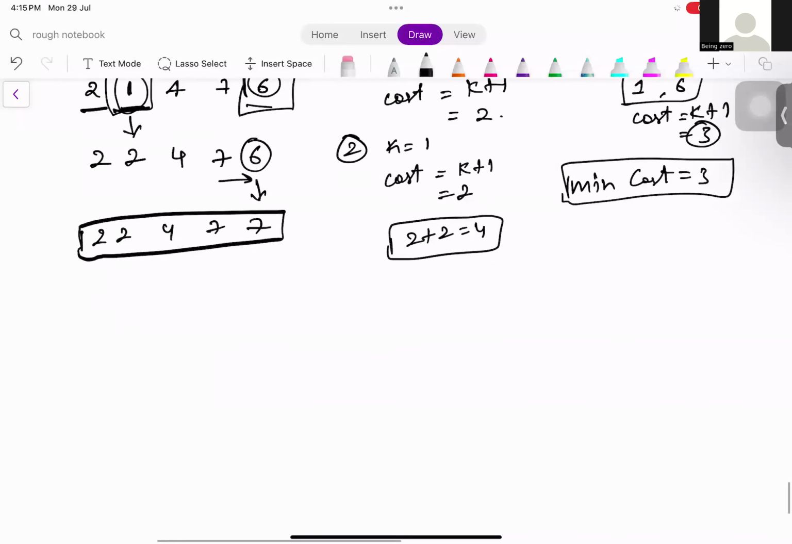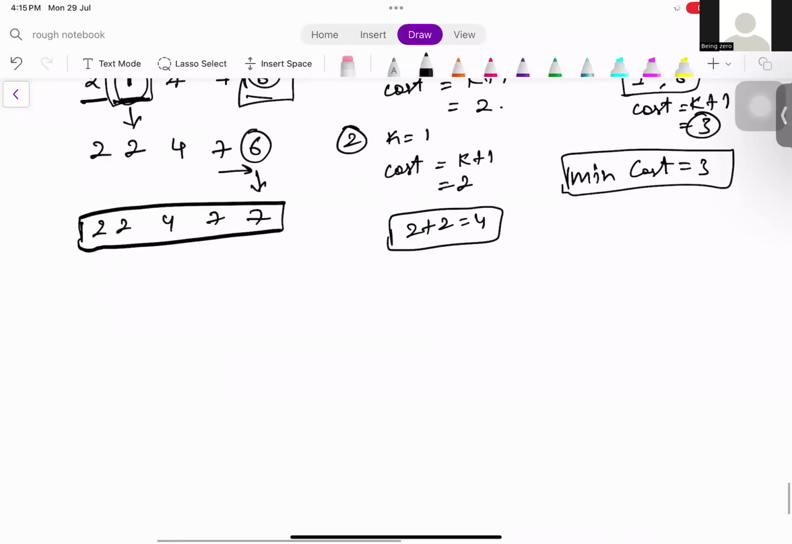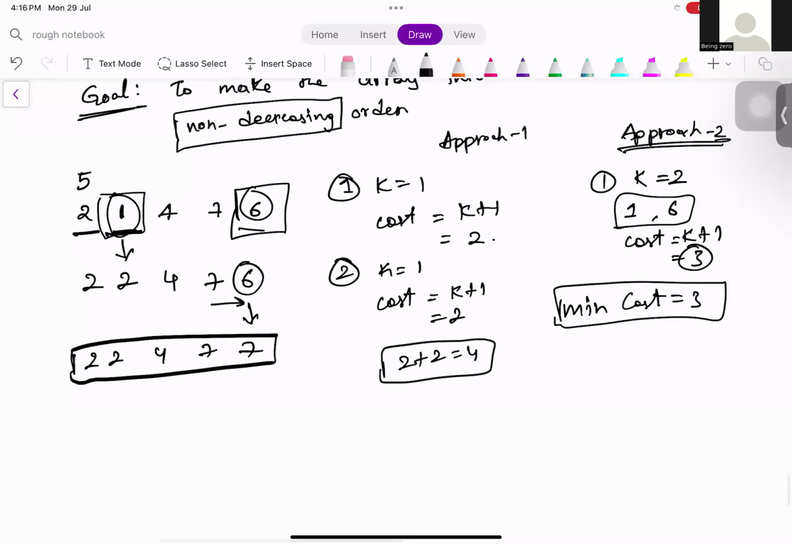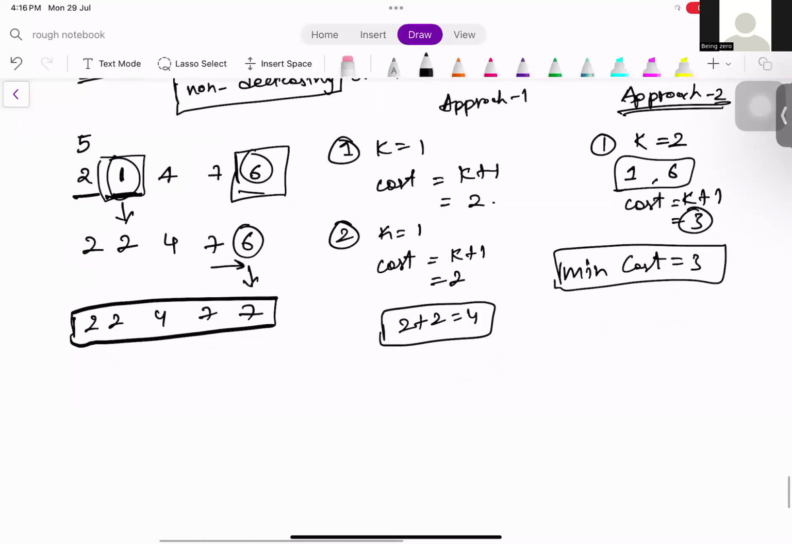For any given array, we have to find... So from this example, we have seen that approach 2 is optimal than approach 1, because if we can choose as many numbers as we can in single operation, then we are saving some cost, and that cost is